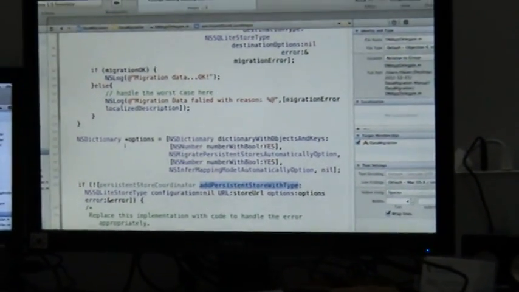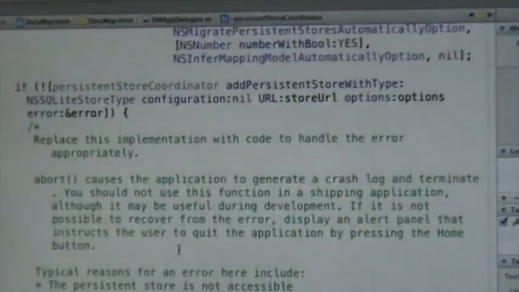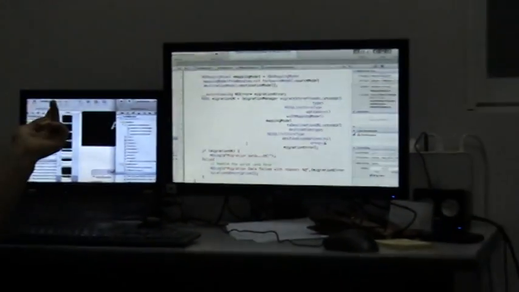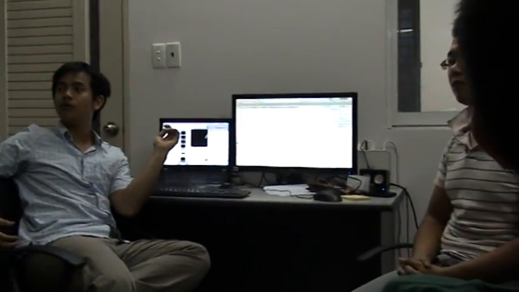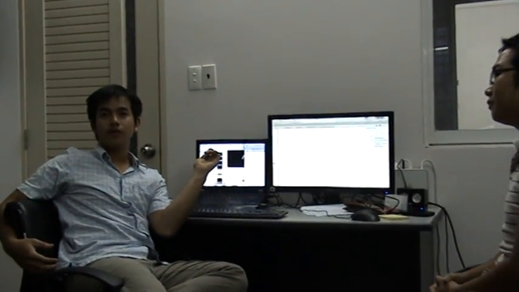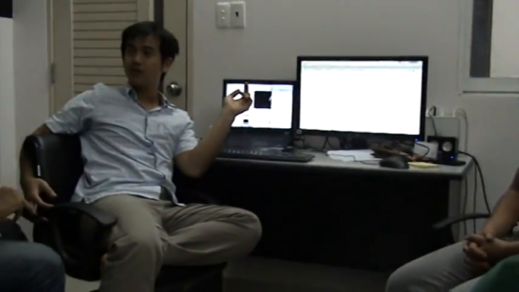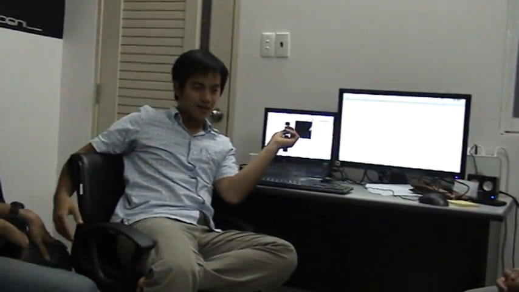If it fails, then this method will fail and nothing will be done here, so the application will abort immediately. I think the big difference is that in this case we have to use a mapping model. So are you saying you need to do it manually and then something magic happens with options? No, actually for the manual work, we do not